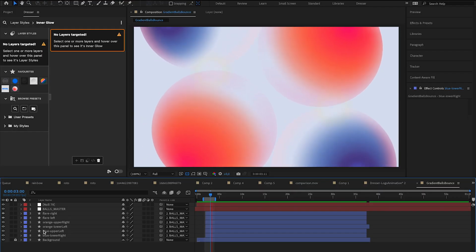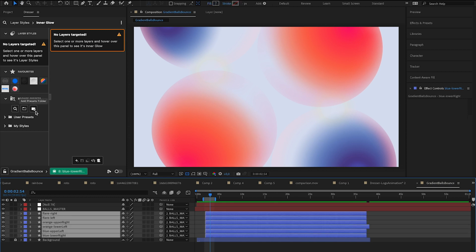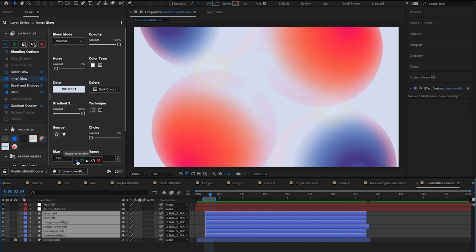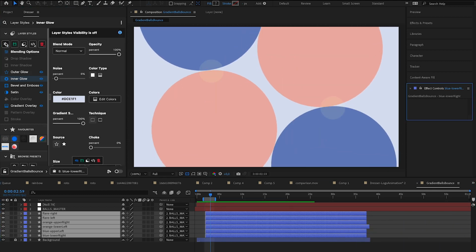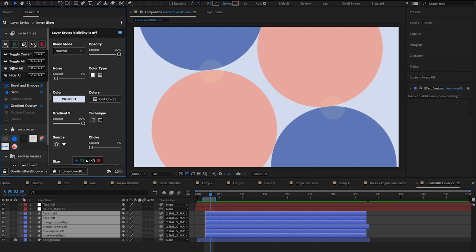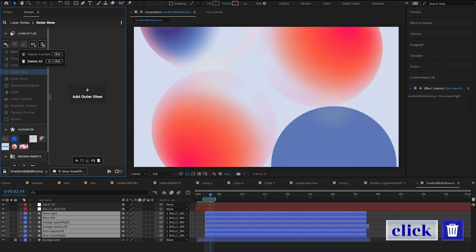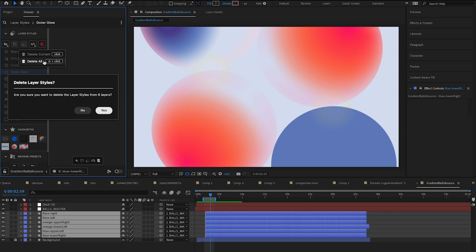Want to quickly hide all your styles, for instance because you want to clearly look at your animation? Toggle them on or off from the Visibility menu button in the toolbar or sidebar. There are different keyboard combinations available which you can find in the menu itself. You can also remove your layer styles for the current layer or even all targeted layers with the trash can.